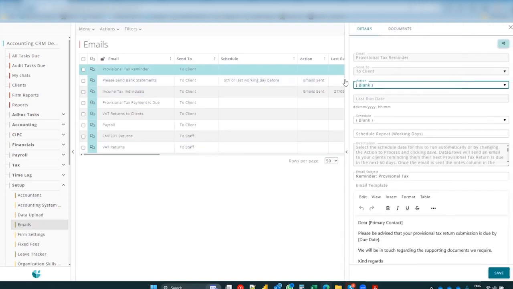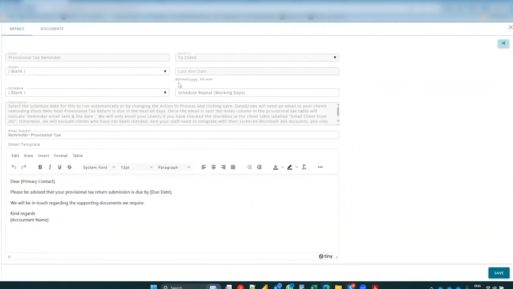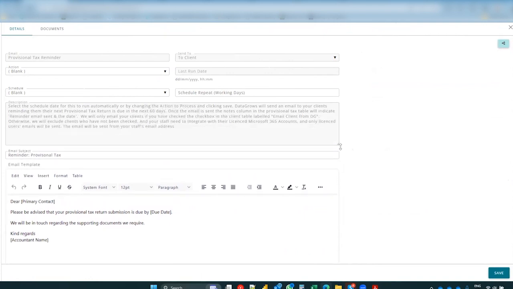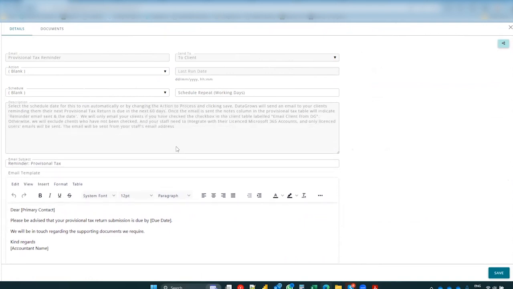If you open this particular one and you just expand the window there, you can see here that we have an email body. And this is just our sort of example that we've created to help you understand how you can send this email out. We have quite a long description that explains what the email will do so that you know with confidence who it's going to send. So this particular one is reminding your clients that their provisional tax return is due in